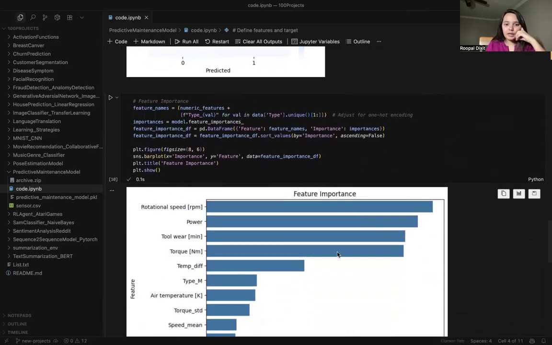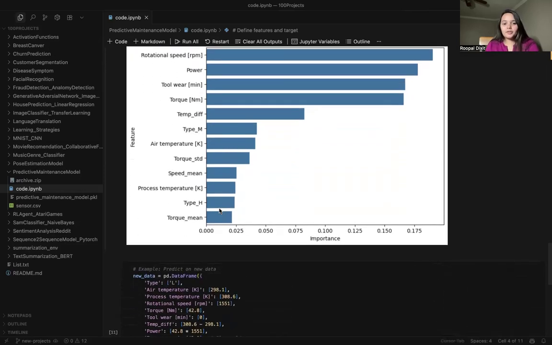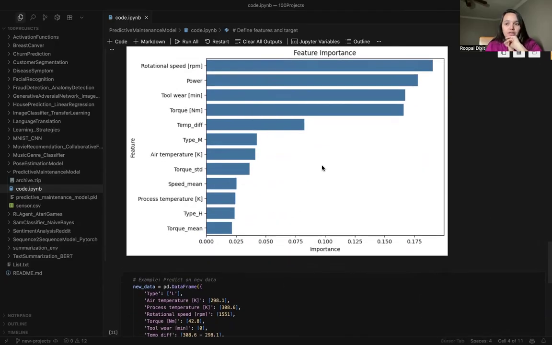This is the feature importance, and why we did that: random forest tells us which features matter most. So we plot the feature importance to see if tool wear, torque, or engineered information is higher. So you can see the rotational speed RPM, power, tool wear, torque, these things were given high importance, as a response to torque mean. So this is the new data that we have come into. So these were the important features. And once you are learning these algorithms, you will understand why this thing is important.